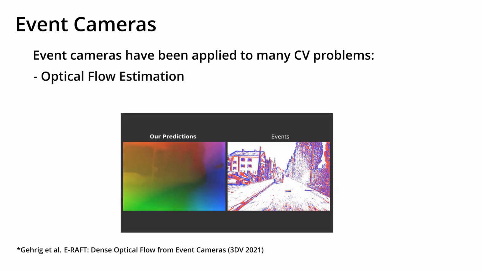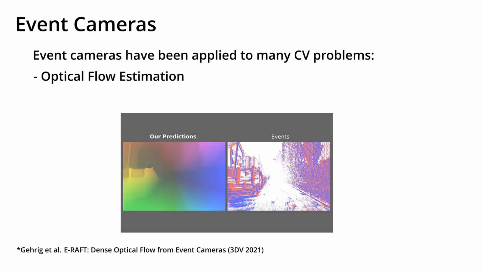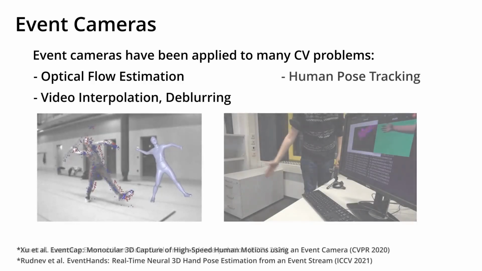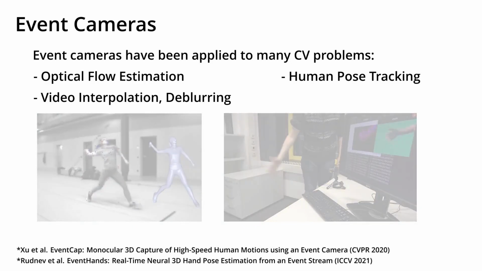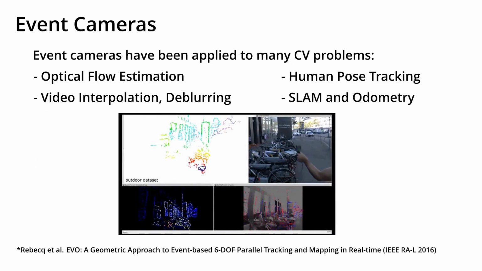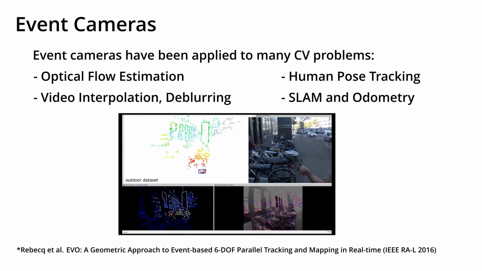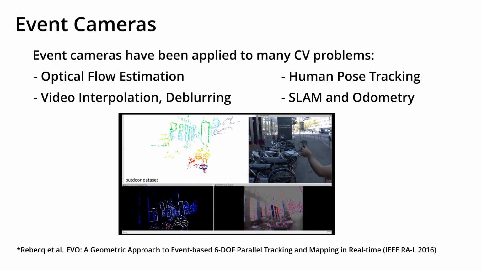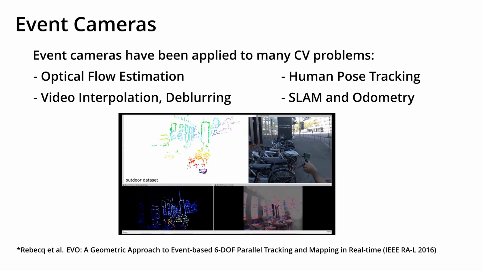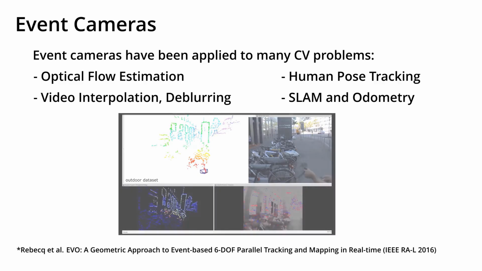This includes optical flow estimation, video interpolation and deblurring, 3D pose estimation, geometry reconstruction, and many more. However, existing event-based 3D reconstruction approaches can recover only sparse, colorless point clouds of the scene. Such sparsity is a limiting factor in many cases, especially in computer vision and graphics, and it has not been